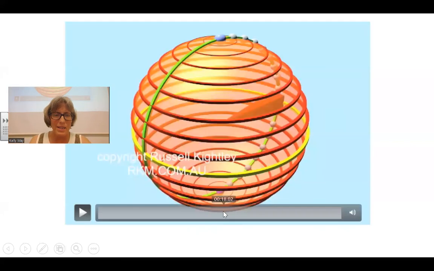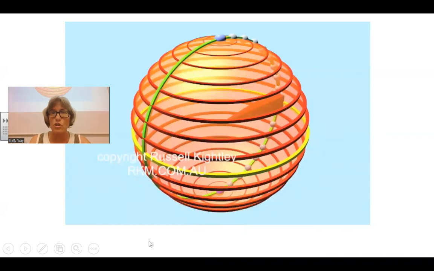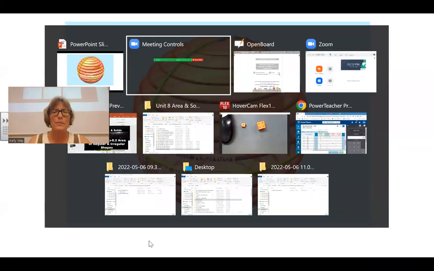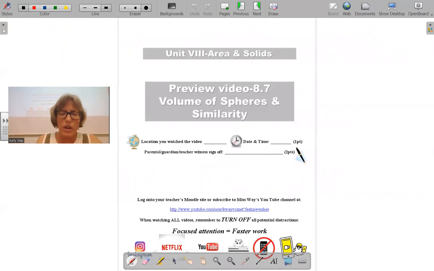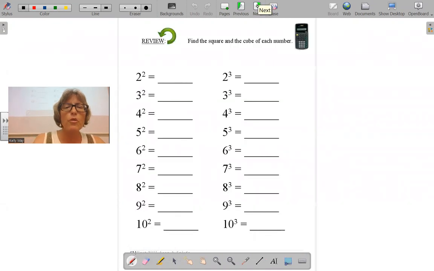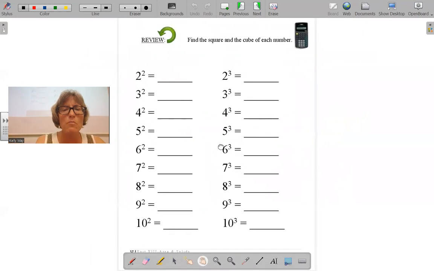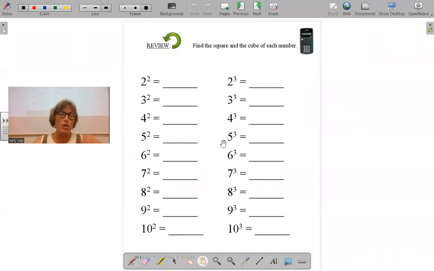We're going to be coming back to this lovely illustration in just a moment. Spheres and similarity. Before we do spheres and similarity, it's really important you take a moment and you understand your squares and your